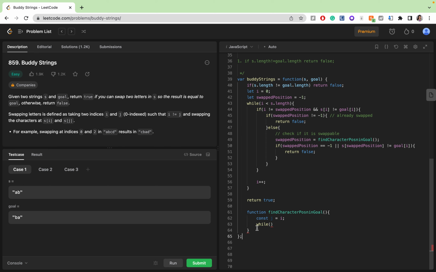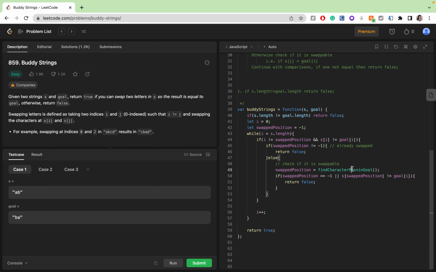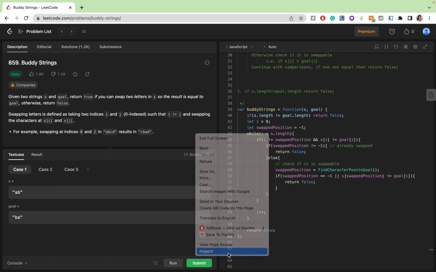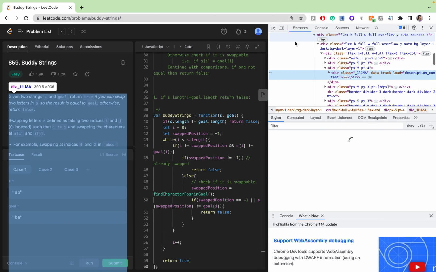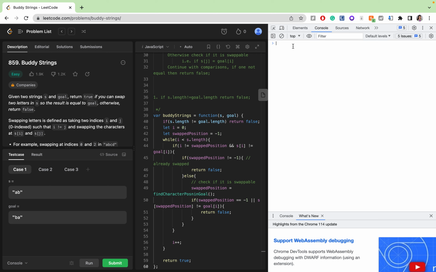Or what I could do is, I don't even need to find, I think there is a function like indexOf in Java, right? So if a is equal to the string, and I say a dot indexOf